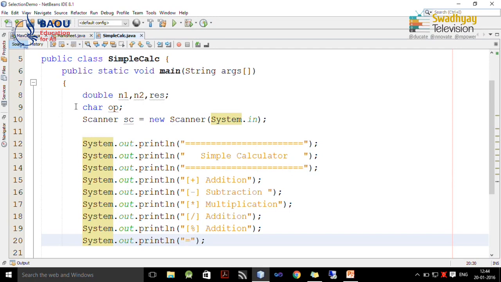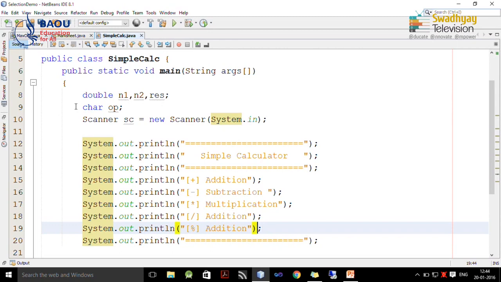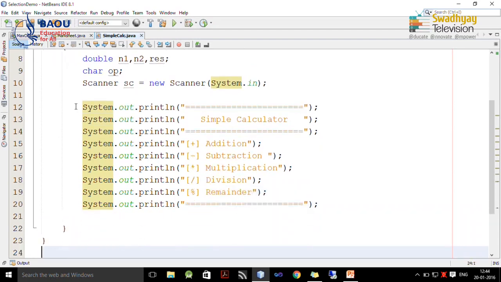So, these are the 5 operations that we want to perform, and here we have to write down division, and last operation is remainder. So, these will display menu to user.